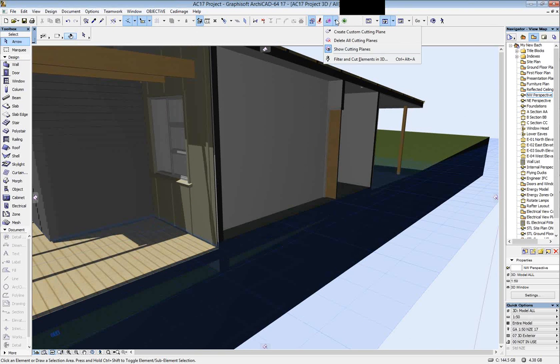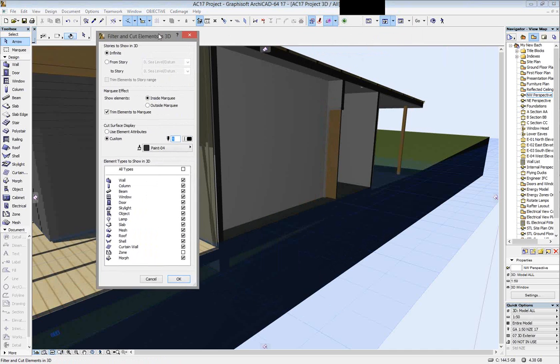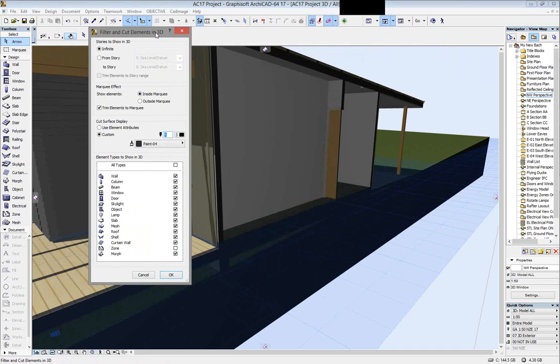So from that pull down menu next to the 3D cutaway, we can create custom cutting planes, which are cutting planes on an angle. We can delete the cutting planes, we can toggle the cutting planes on and off using the show cutting planes button, and we can also open up our filter and cutting planes dialog. In here, very similar to what it was in ArchiCAD 16, we can see that our cut surface display at the moment is showing with Paint 04, so